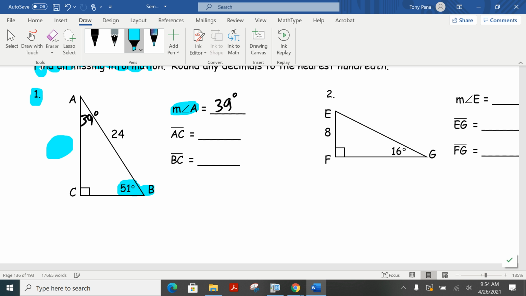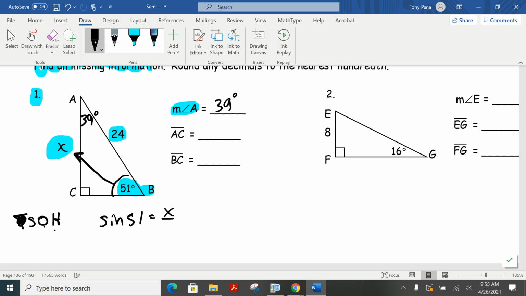I know angle B. Again, we always need two of the three pieces of information. So I know the angle and I know this side. If I'm going to figure out this missing side over here, this is the opposite side of angle B. This is our hypotenuse. So opposite, hypotenuse. That is the sine, right? Of SOHCAHTOA, opposite over hypotenuse. So I am going to set up the sine of 51 degrees would have to equal the opposite side, I'll call this x,